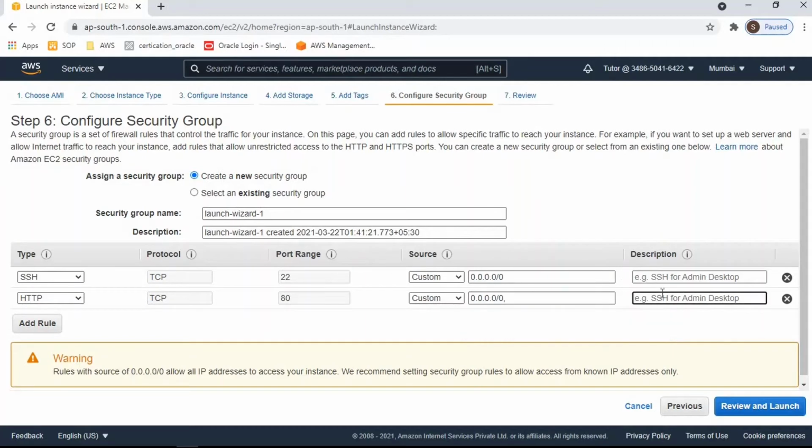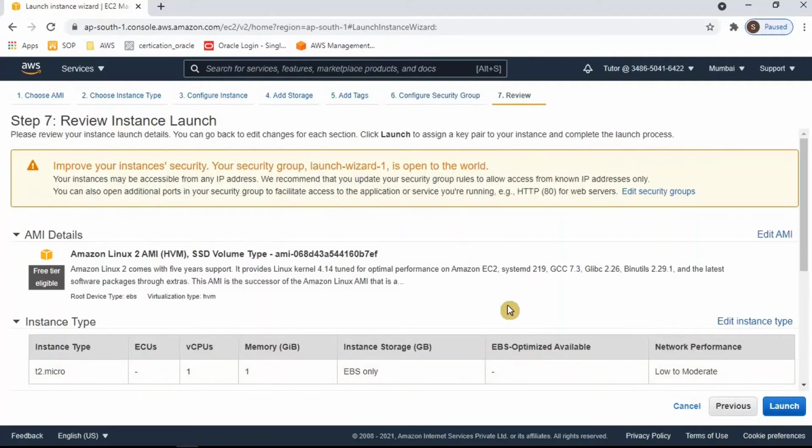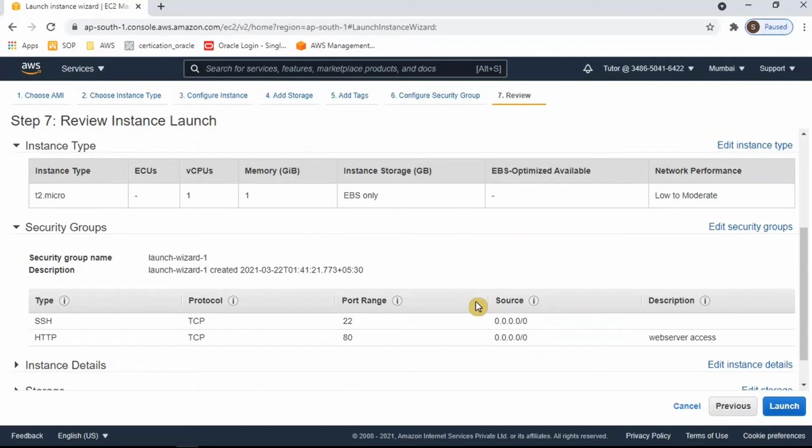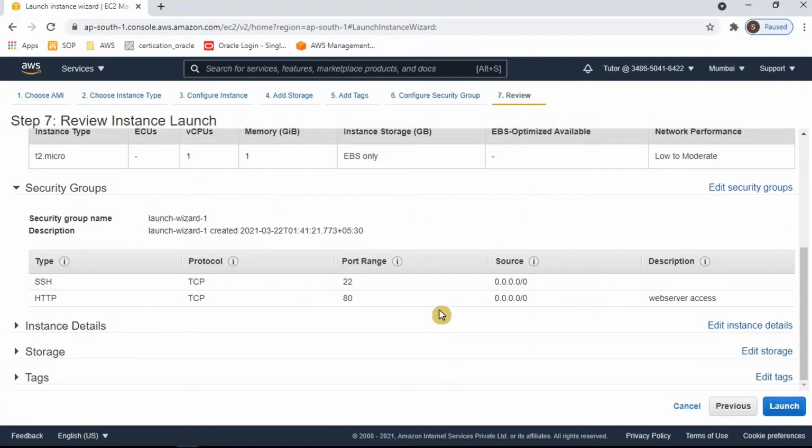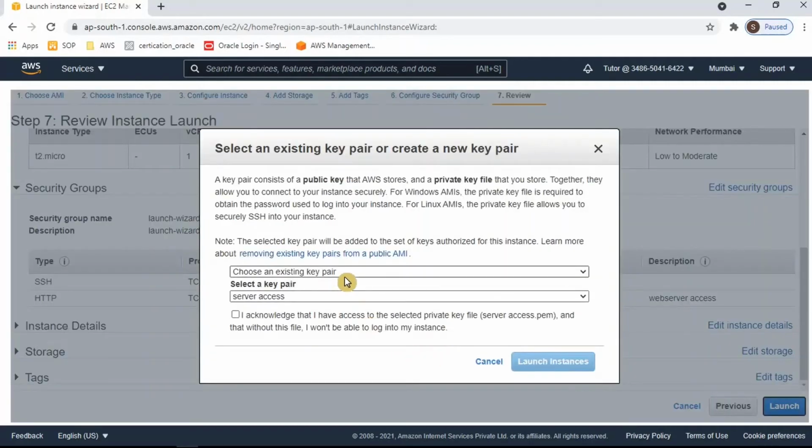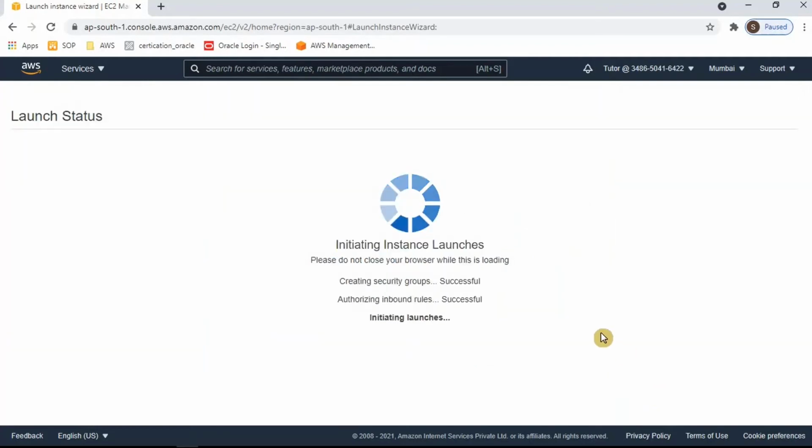This is for web server access. Okay, let's review and launch. I am reviewing everything. We have two ports, SSH and HTTP. Then launch. Choosing an existing key pair. Yes, I am choosing the existing key pair and launching the instance.